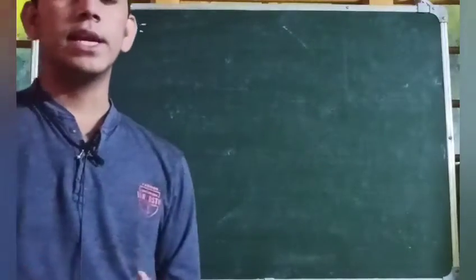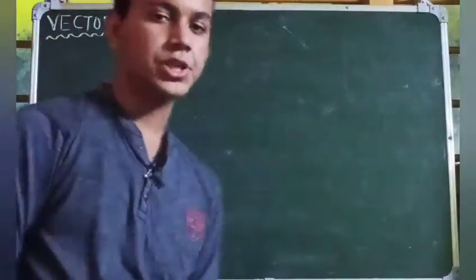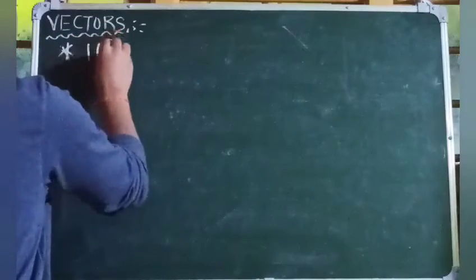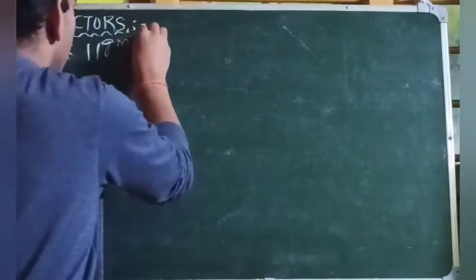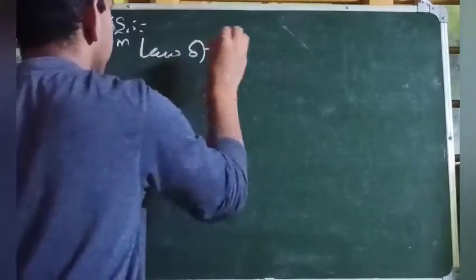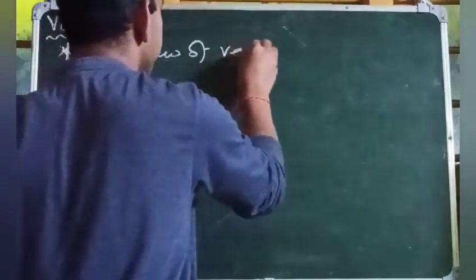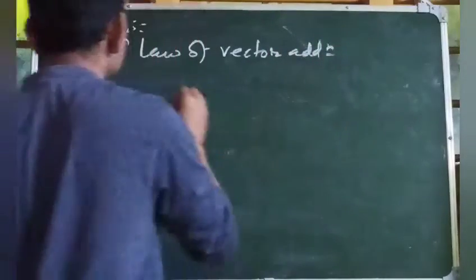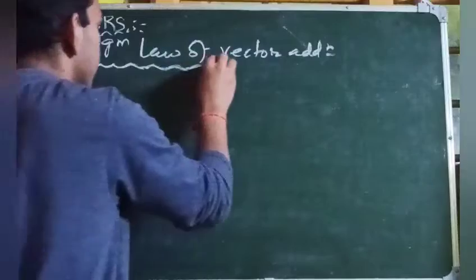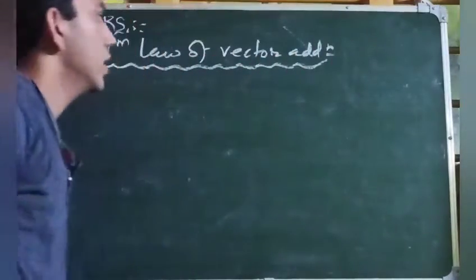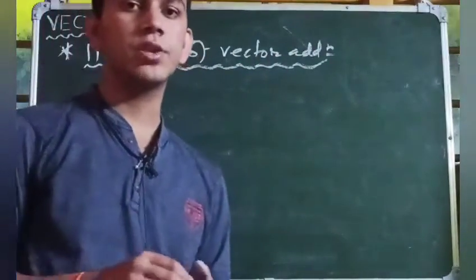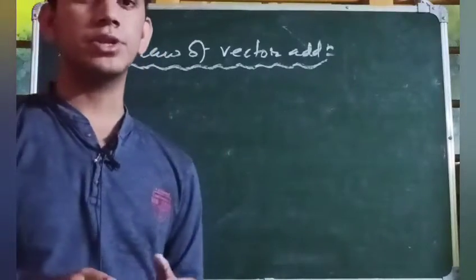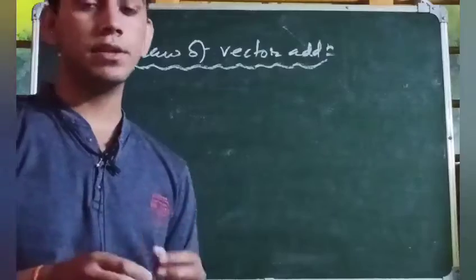Next we are going to see the parallelogram law of vector addition. In the triangle law of vector addition, we use the head-tail combination. Now in this parallelogram law of vector addition, we are going to use the tail-tail